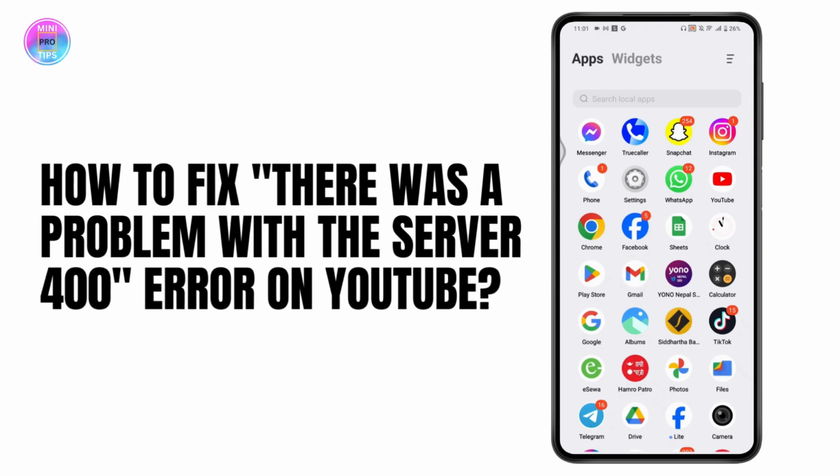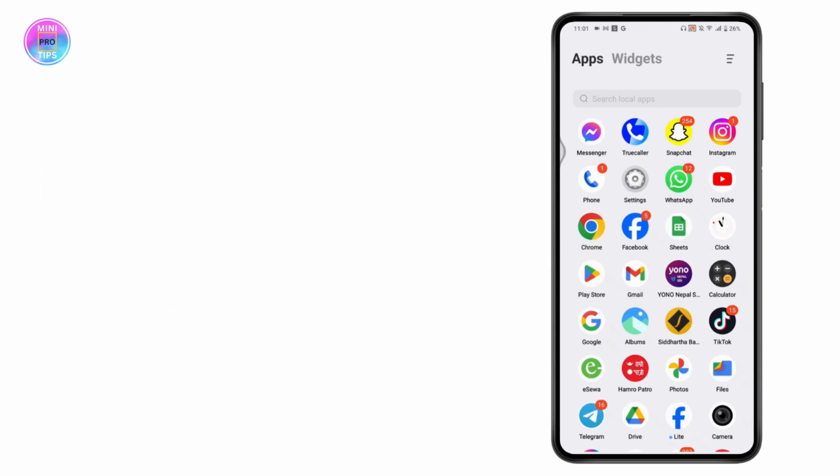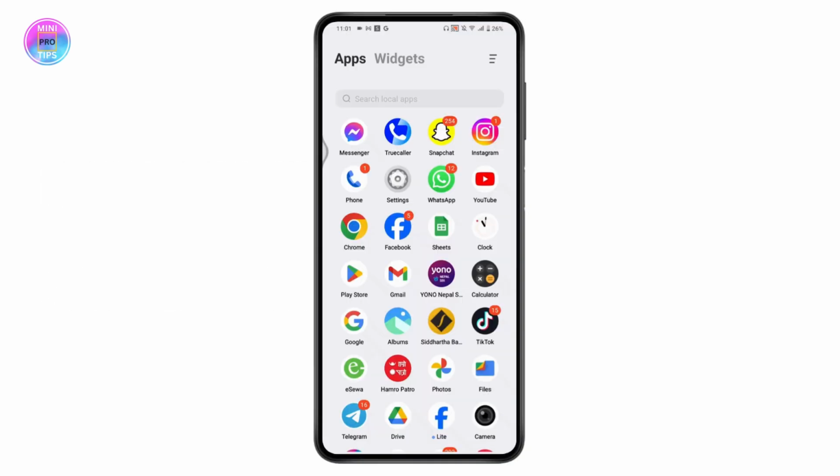How to fix there was a problem with the server 400 error on YouTube. So if there was a problem with the server, then what you need to do is first you need to